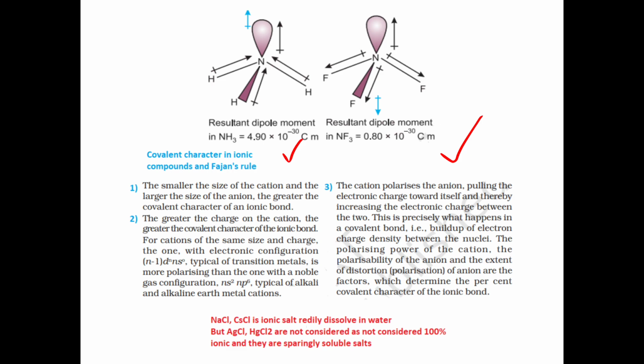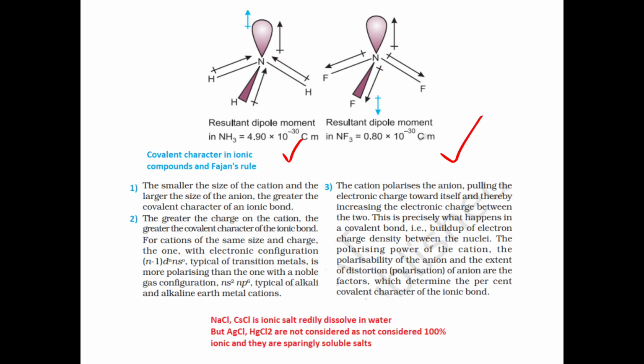Covalent character in ionic compounds and the Fajans rule. The smaller the size of the cation and the larger the size of the anion, the greater the covalent character of the ionic bond. The greater the charge on the cation, the greater the covalent character of the ionic bond. For cations of the same size and charge,